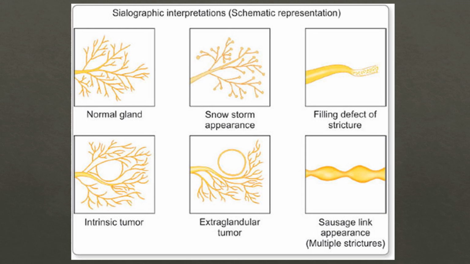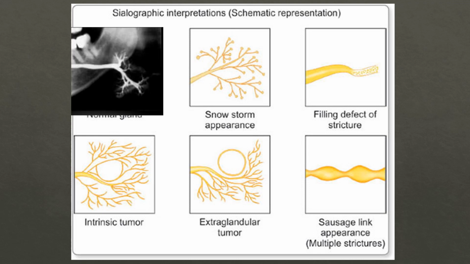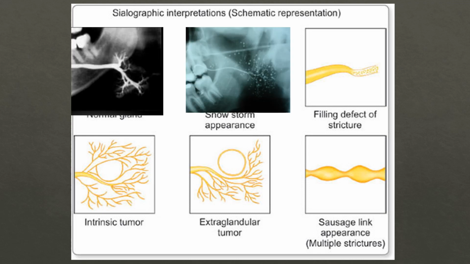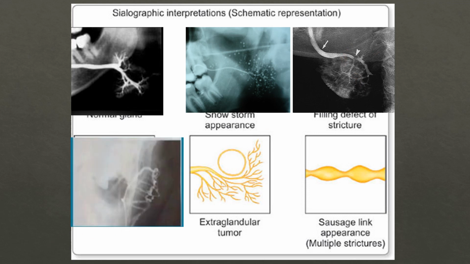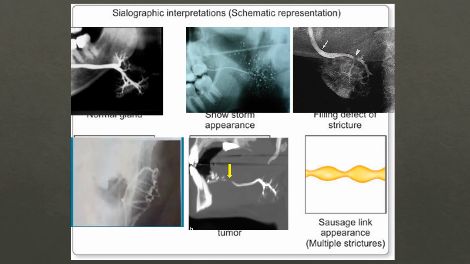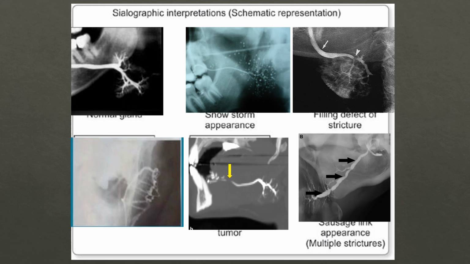Sialographic interpretation. As we saw in the previous slide, this is the normal salivary gland. This is the snowstorm appearance, which is appreciated in Sjogren syndrome. This is a filling defect or stricture, and this is the intrinsic tumor, and this is the extraglandular tumor, which is generally appreciated as ball in hand appearance. This is a sausage ring appearance, which is seen in